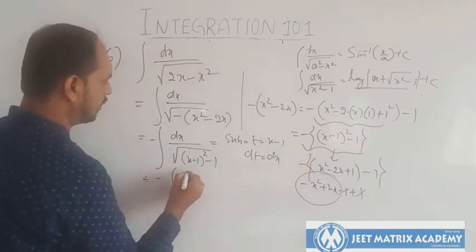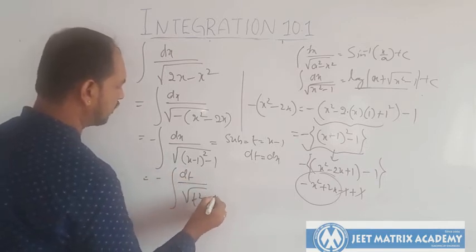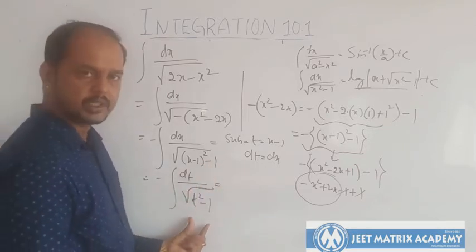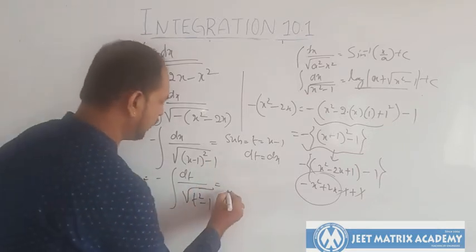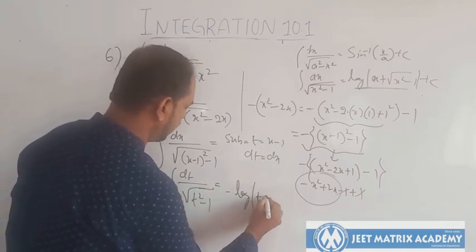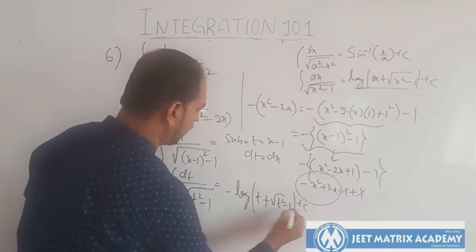So it is minus dt divided by root of t square minus 1. So minus log of modulus t plus root of t square minus 1 plus c, or